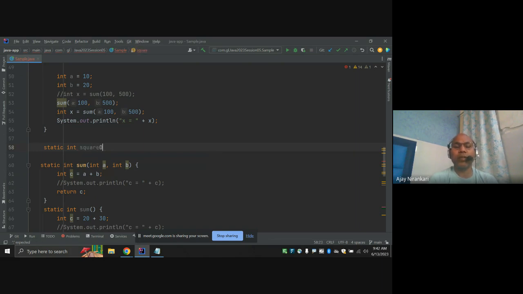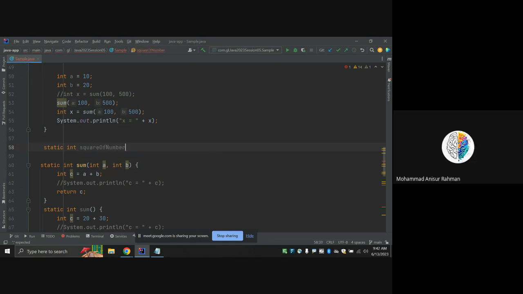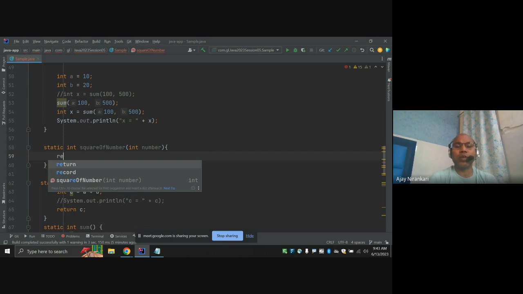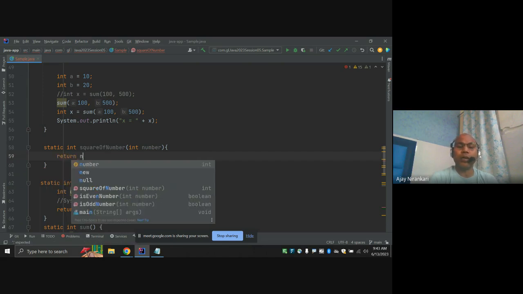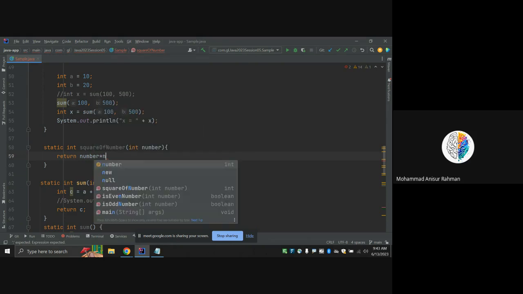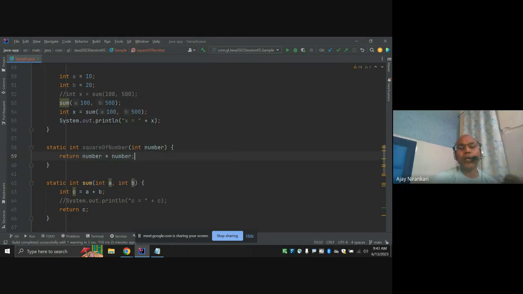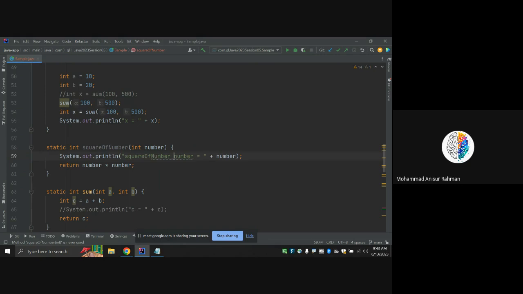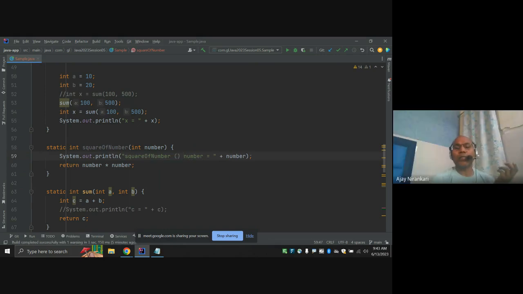Square of a number. I take one input number and just return the square. Square means whatever the number is, multiply it by itself. I have written this code. Let me print out: this is the square of the number. This is the code I wrote, but you notice